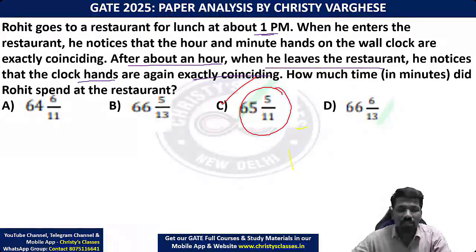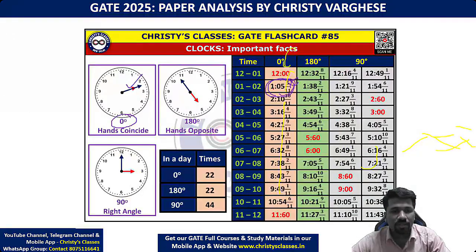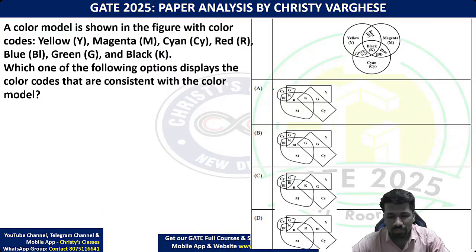So option C is the correct answer. Then this one is little time consuming question. So all time consuming questions we will discuss in the particular chapters. Venn diagram ka question hai. Last class also we discussed the Venn diagram question, which was little more easier than that in the other paper. So just a minute.